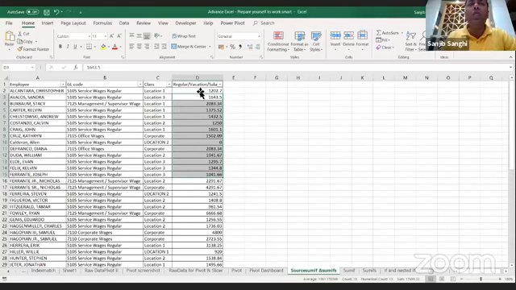But if I only want to sum it without using a filter, the filter with subtotal is actually equal to SUMIF. Filter with subtotal means the filter is creating those conditions, and then the subtotal is adding up the data which matches those conditions.